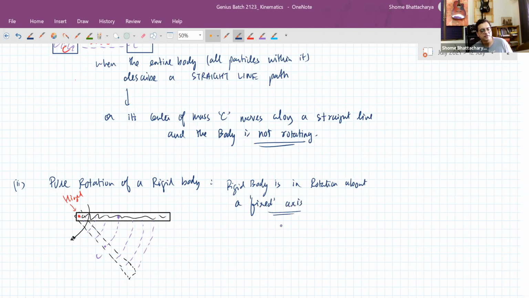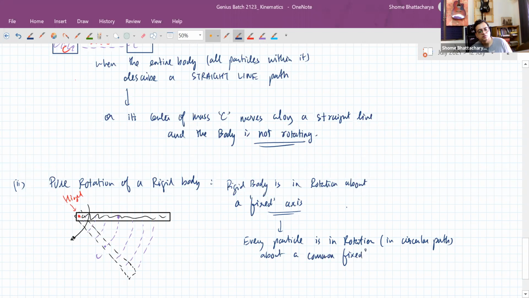So what happens is that every particle is in rotation, or you can say in circular path, about a common fixed axis. So in this, one thing we can see is that